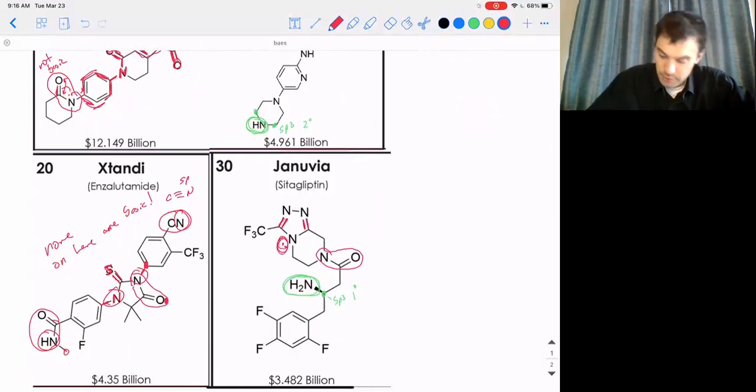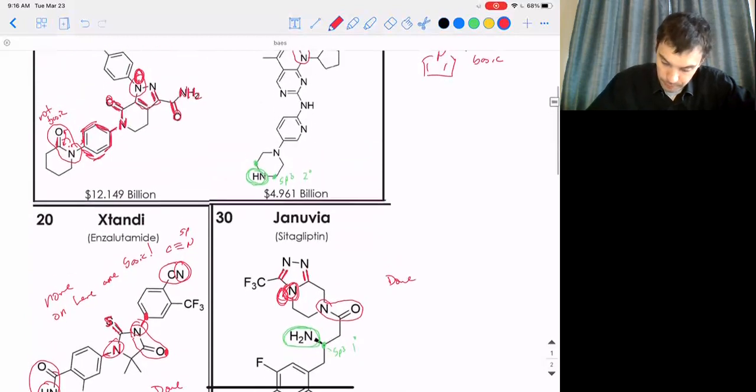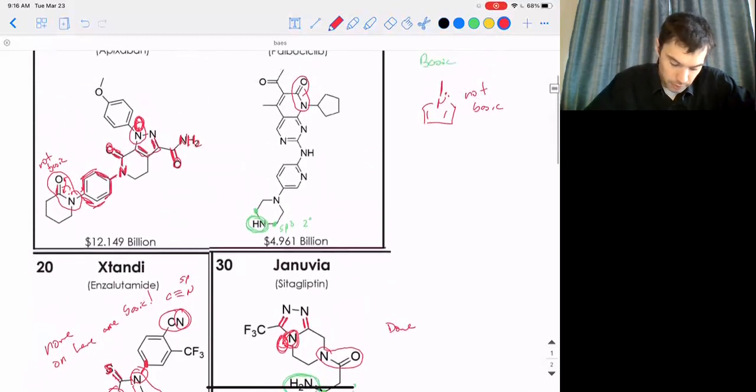We need 6 electrons here. So this nitrogen is not going to be basic either. All right, so that means we're done with this one. We're done with this one. Oh, nope, we got two up top. All right, thinking through the rest here,